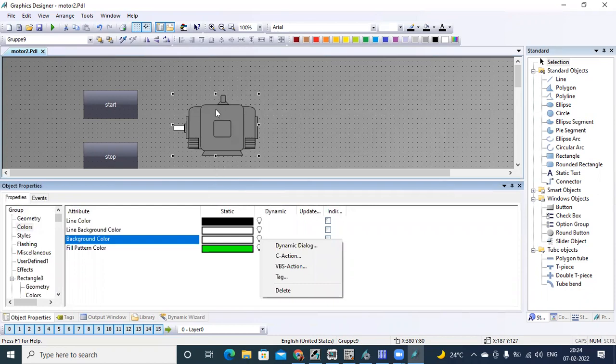If you want to do it for a single object, you need to break this object, because it is also a group. In the last class we saw how to group objects, right? Here you need to ungroup, then separately select the object and assign it. So instead of that, I am taking this for the total object.